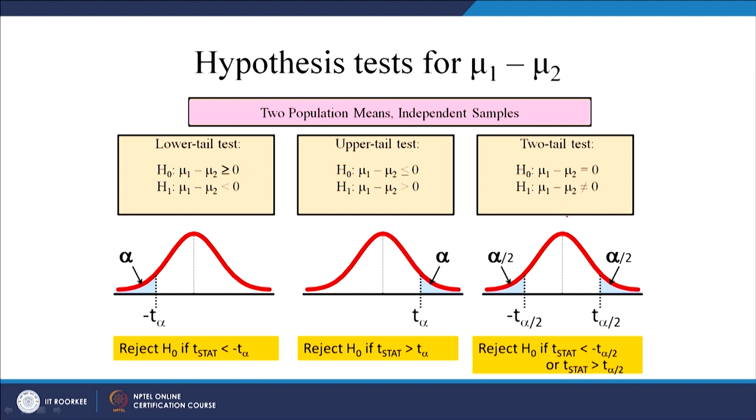So, this is how the distributions would look. This is a lower tail test or left tail test, and this is your rejection region. In an upper tail test or right tail test, this is your rejection region, and in a two tail test you have two rejection regions, one here and a second here, and this is the non-rejection region. If the sample statistic and hypothesized population parameter are in this region, then you will not reject the null hypothesis.